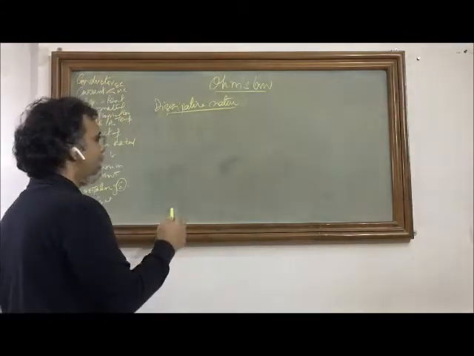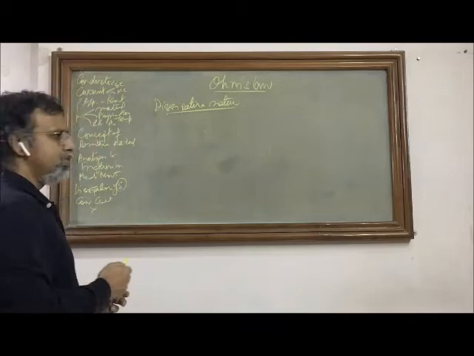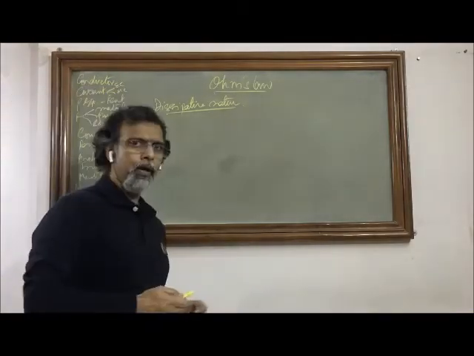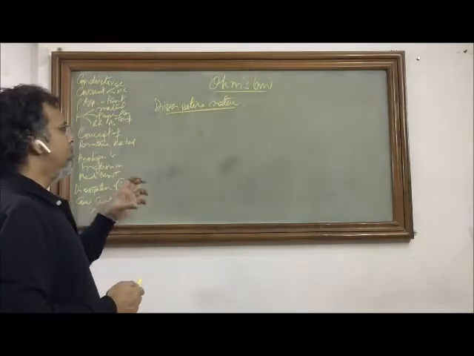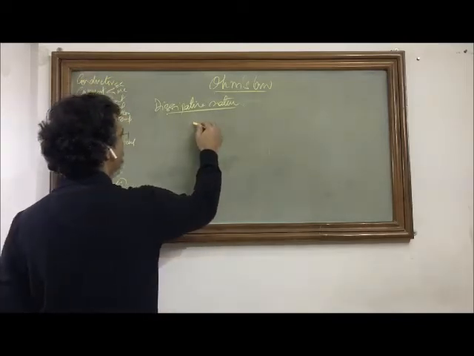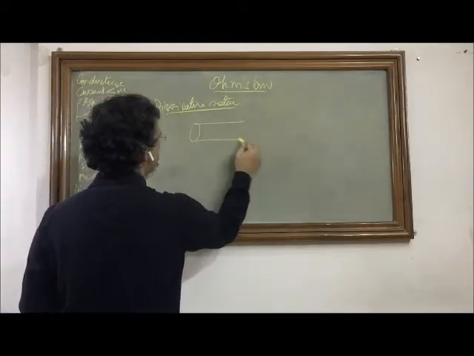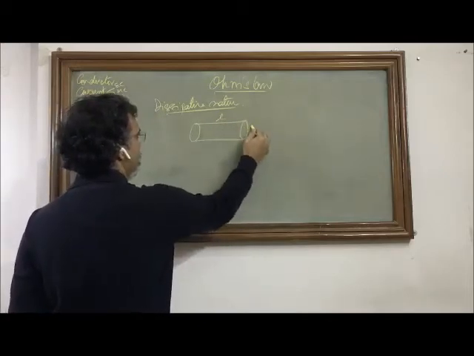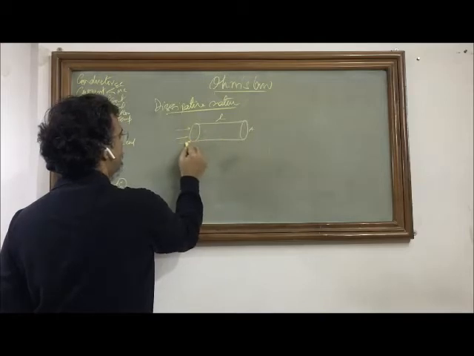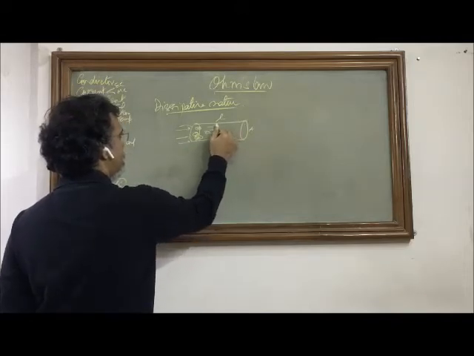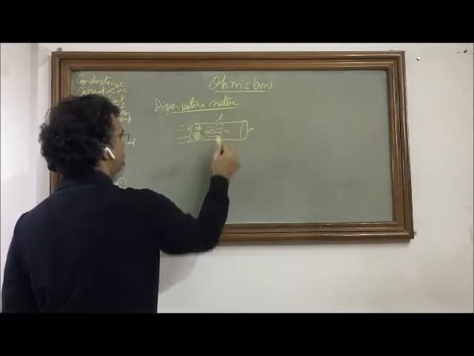Now let us understand from where this resistance is coming, how it occurs, what factors it will depend on, and in what situations it can be more or less. So we take two examples. One is metallic conduction, where you have a wire with a length and a cross-sectional area, and electrons that are moving, though they do not move in such a linear fashion, but for the sake of simplicity I am drawing it so.